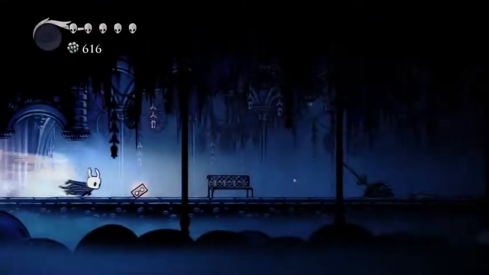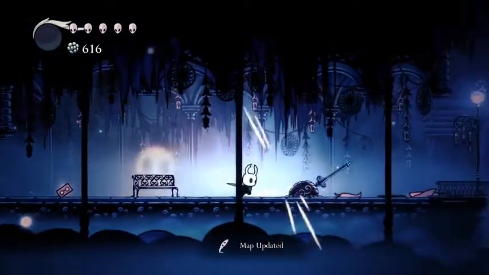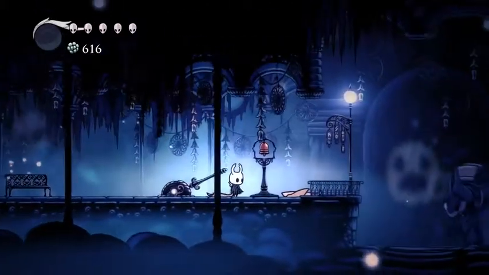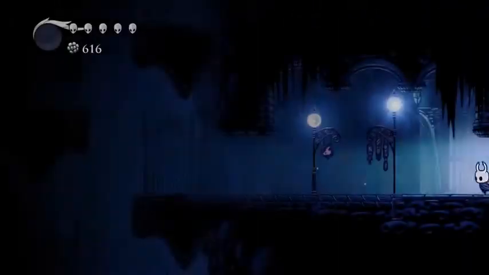Alright, let's unlock our stag beetle friend. That'll let us get back here faster. Ding ding. Okay, so I believe that we could...